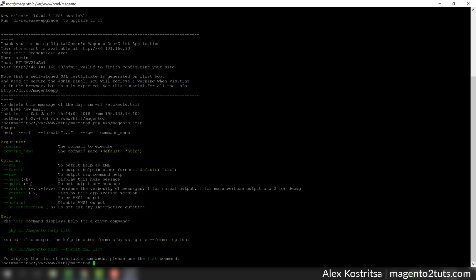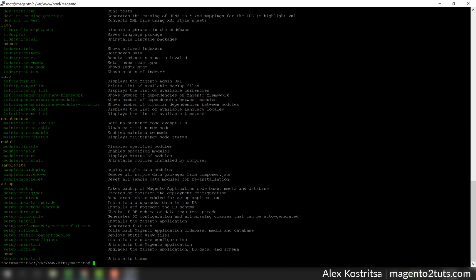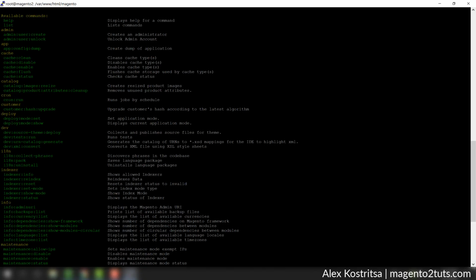And for example, if we would like to check all the available commands, let's do the following. Let's type php bin Magento and list, and it should display, and actually displayed, all the available commands